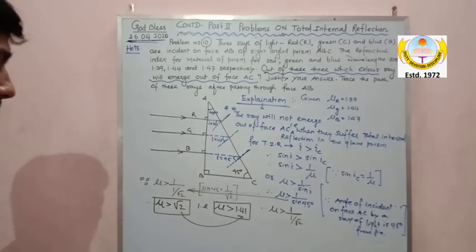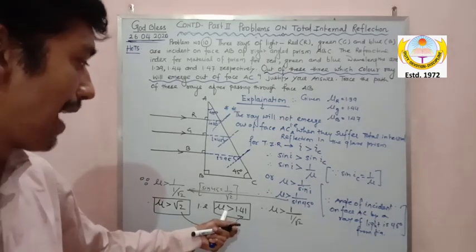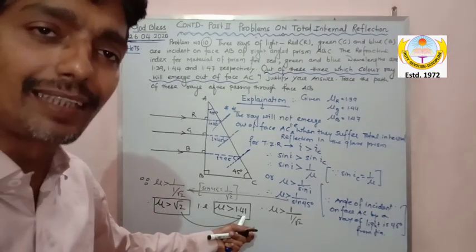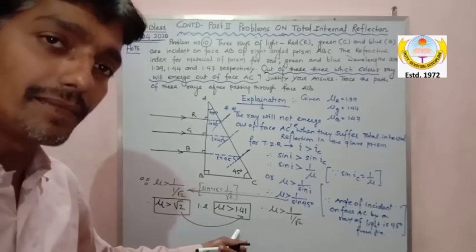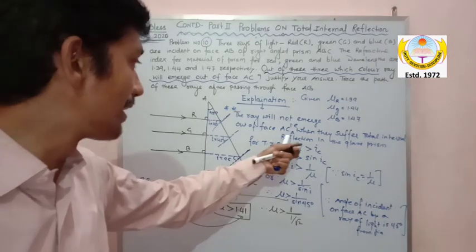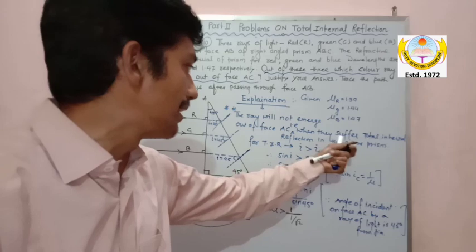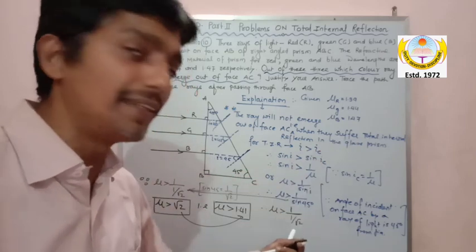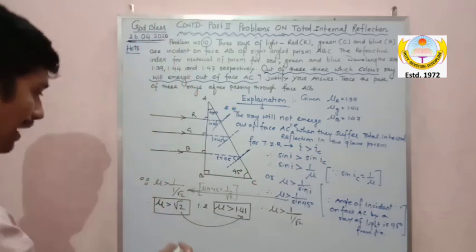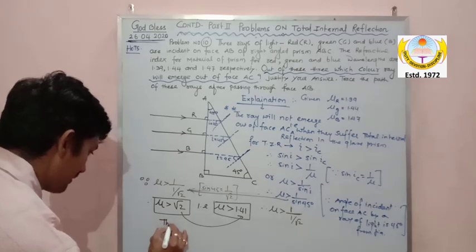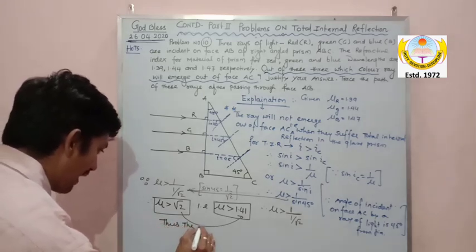I hope it is clear. So जिसका refractive index 1.41 से ज़्यादा होगा, they will suffer total internal reflection, because I said for total internal reflection this is all I am doing. So it means that thus the RI, that is mu of